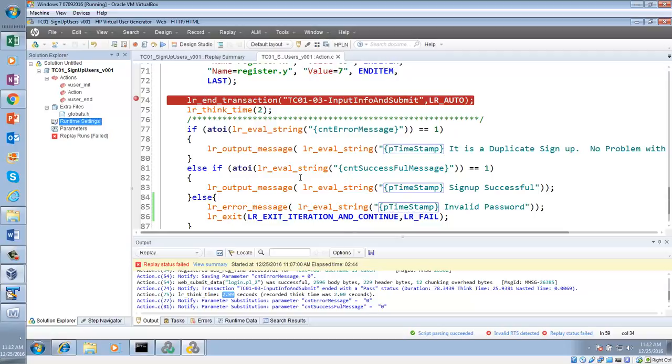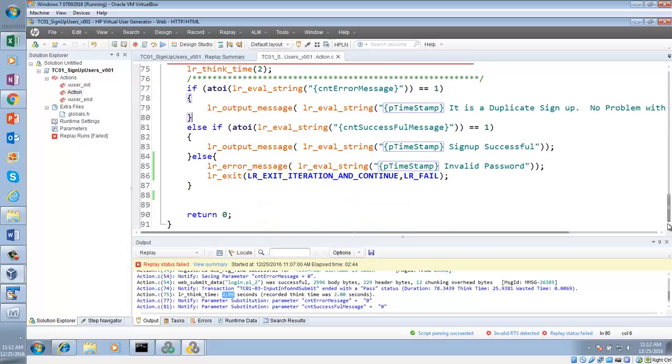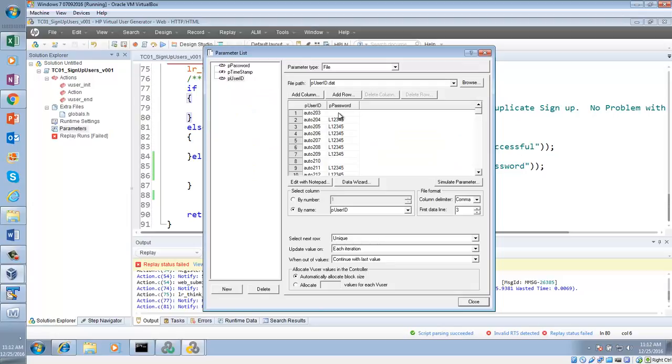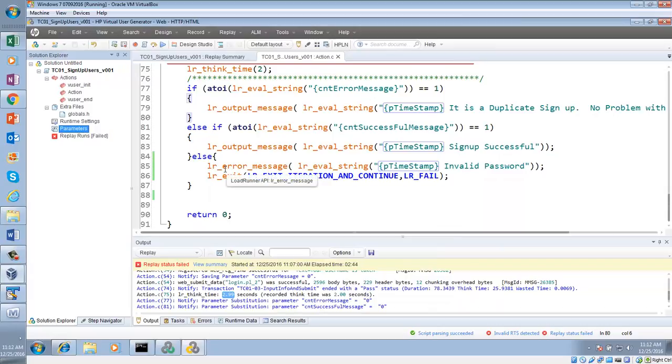Now take a look here at our script. If we provide an invalid password, we have a condition where we are checking for it, and our script will fail. Why will it fail? Because if it is an invalid password, in our script we have put a condition with the error message invalid password, and then we are exiting out.